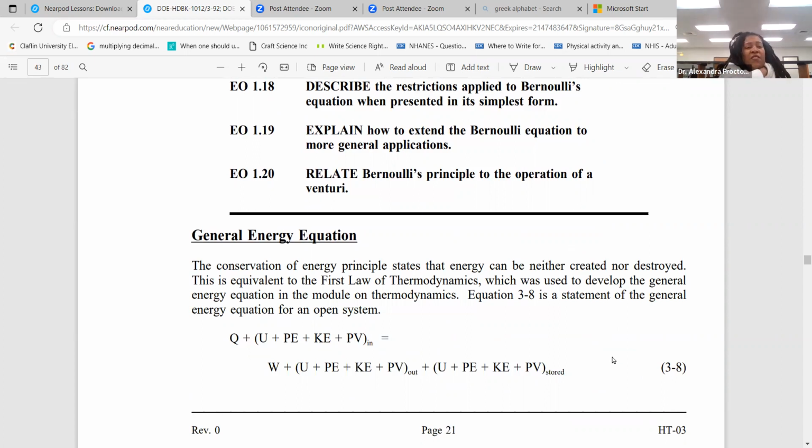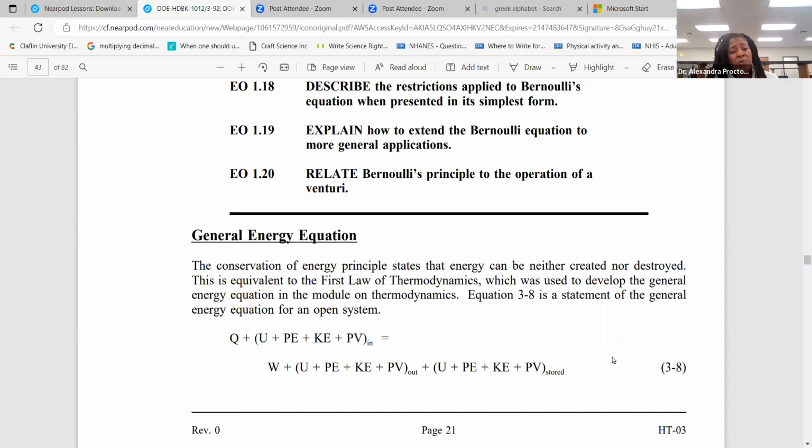So the conservation of energy principle states that energy can't be created nor destroyed. And this is equivalent to the first law of thermodynamics, which is used to develop the general equation in the module for thermodynamics. So equation 3A is a statement of the general energy equation for an open system, where Q